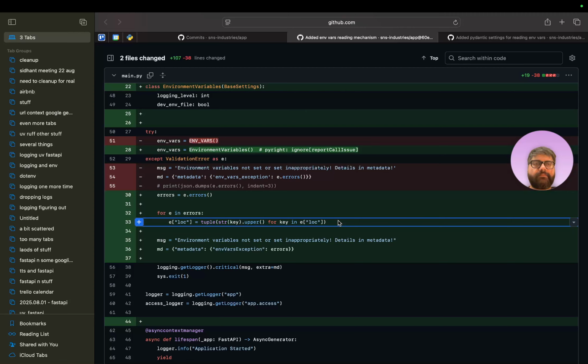And the message, environment variable is not set or set inappropriately, details and metadata, like that should be more than enough for someone to figure out that that's what's going on. I just really wanted to make sure that that was uppercase. And this one was kind of stupid, but also kind of important because when other devs do come on this, it will make it easier. And this one's much more important compared to the coloring and some of the other stuff that I did,